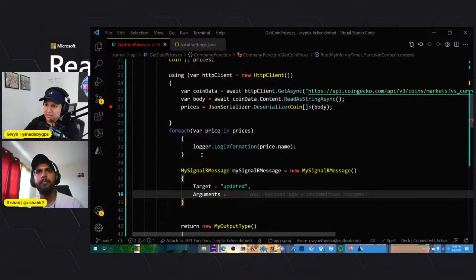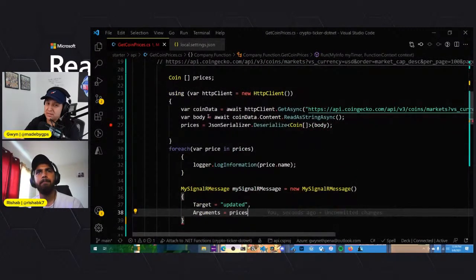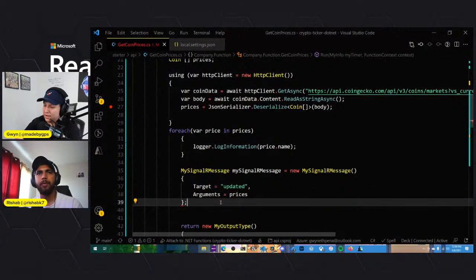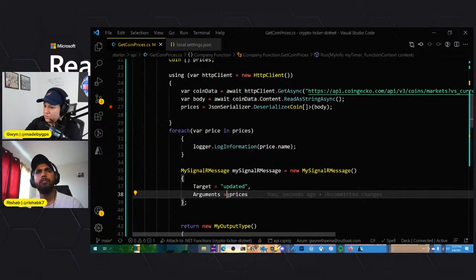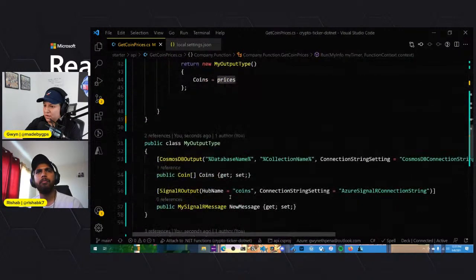And then we're going to say that that is the prices array. Remember this thing? Yep. So the same thing that's going to Cosmos DB is going as a message to the SignalR instance here. And I think that's it. Do we need to, we might actually need to create a new,